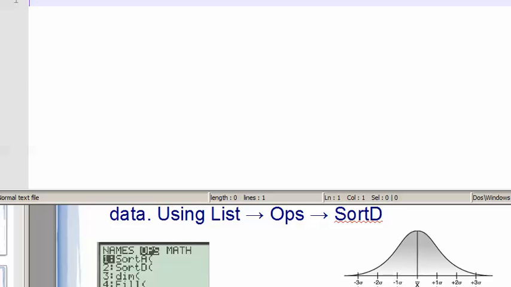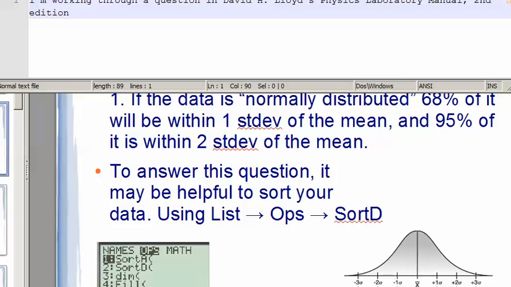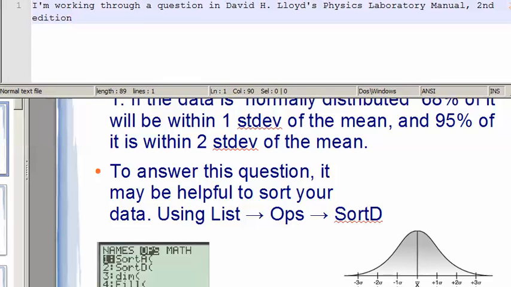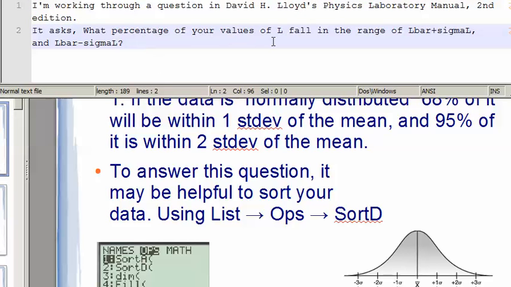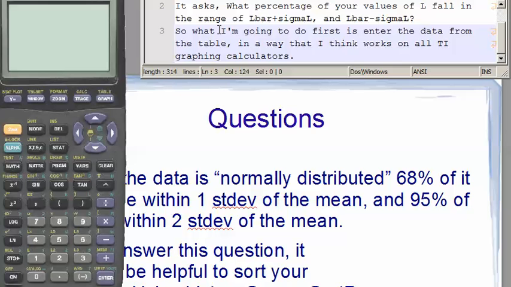Good afternoon. I'm working my way through a question in David H. Lloyd's Physics Laboratory Manual, 2nd edition. It asks, what percentage of your values of L fall in the range of L bar plus sigma L and L bar minus sigma L? So what I'm going to do first is enter the data from the table in a way that I think